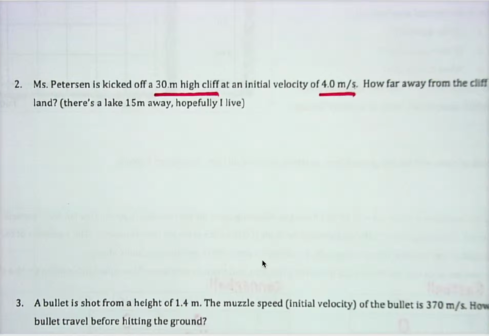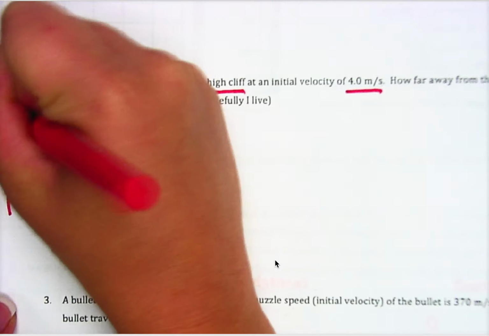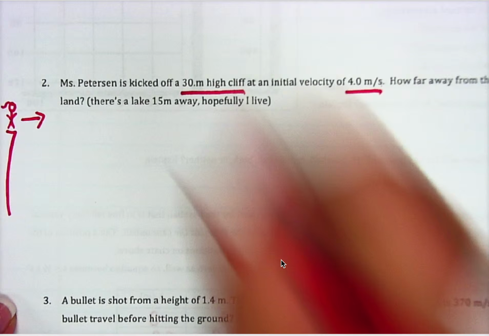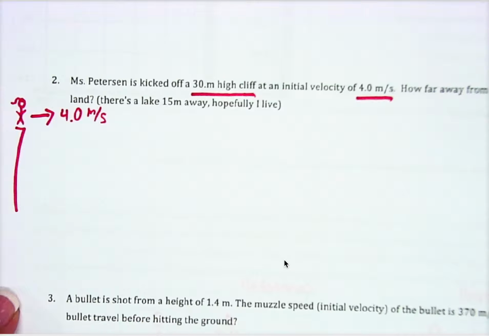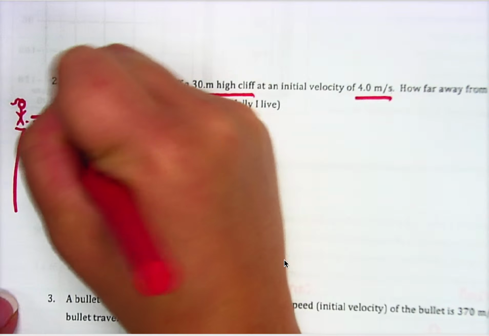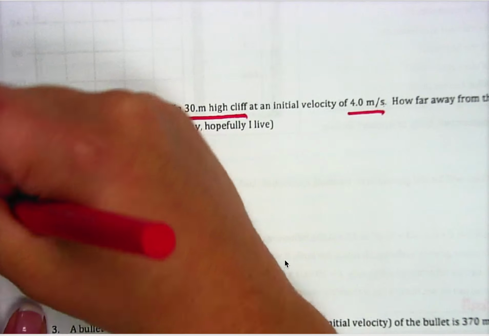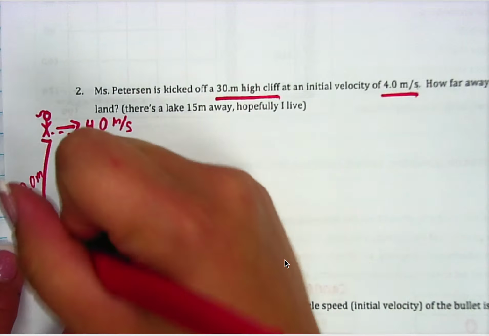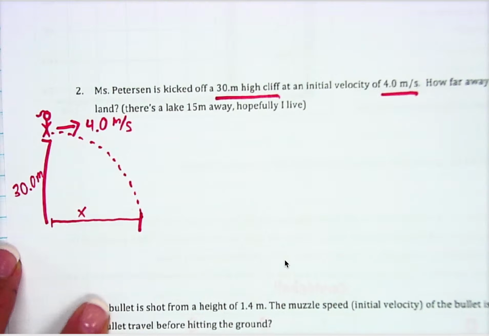So just like any kinematics problem, the first thing we're going to do is draw it. So here's the cliff. There's me. I have a ponytail. And my initial velocity is 4.0 meters per second in that direction. And I'm going to take a path, something like this. This cliff is 30 meters high. That's how tall the cliff is. And I want to know how far away from the cliff I'm going to land, or my change in the